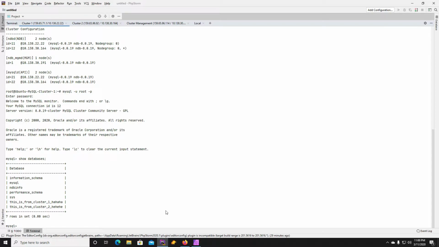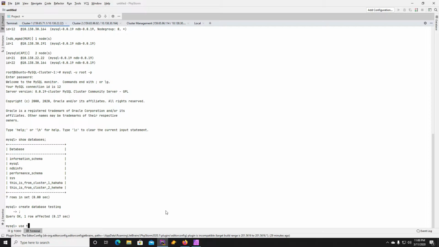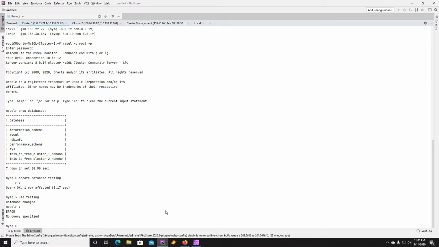And let's create another database. Create database testing. And let's use testing, and then let's add a table. Create table, the table name like test, and then the column name is my name, and then varchar 50, not null default,